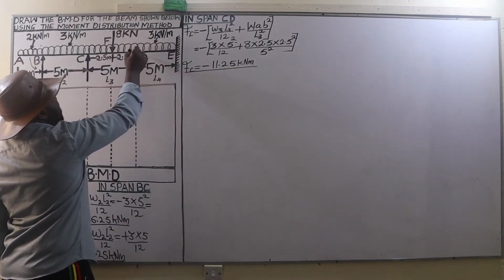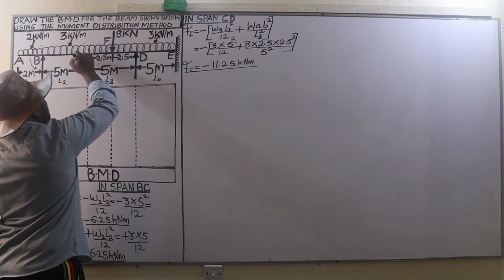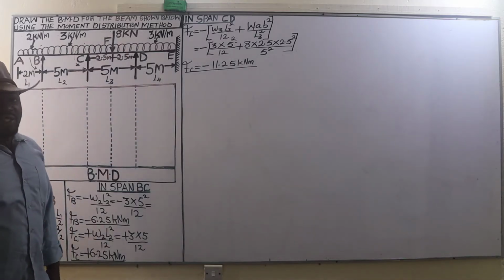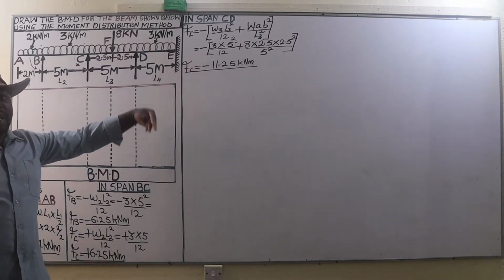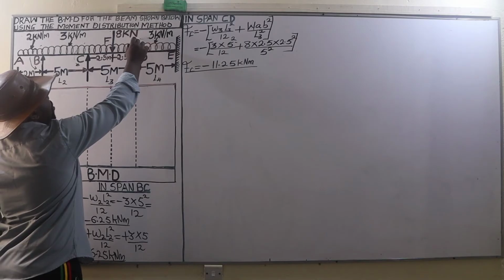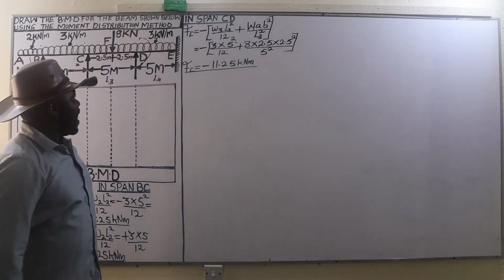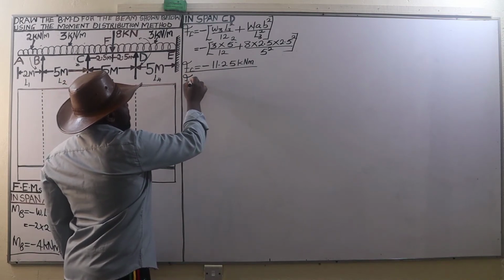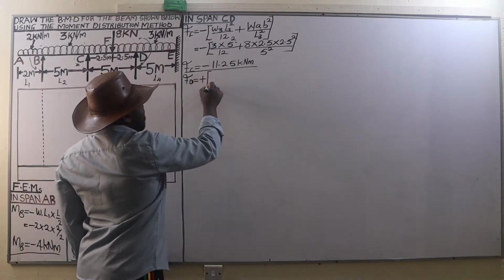Then we go to the fixed end moment at D. This negative is because the fixed end moment at C is going to be anti-clockwise. So for anti-clockwise, we get a negative bending moment. For clockwise moment, we get a positive fixed end moment. And therefore, the fixed end moment at D will be given by positive